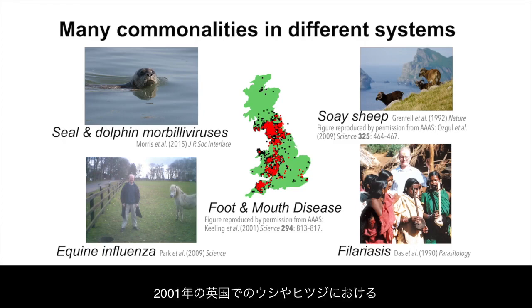Work on the 2001 foot and mouth disease outbreak in cattle and sheep in the UK helped shape my thinking about spatial dynamics of other diseases and the impact of non-pharmaceutical interventions. A great collaboration on filariasis in southern India made me think about the immunoepidemiology of chronic infections. In an even bigger leap between systems, analysing sheep population cycles on the island of Hirta in St Kilda provided interesting comparisons to my work on measles oscillations.